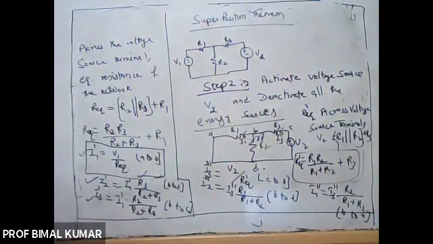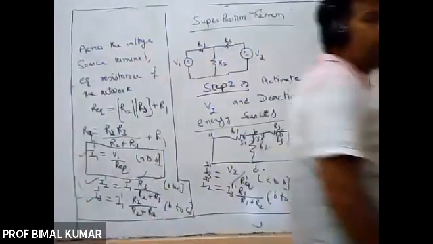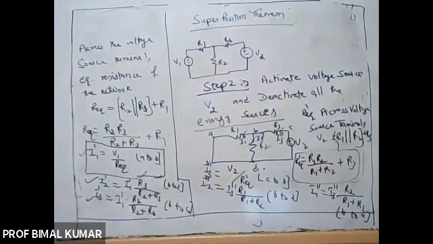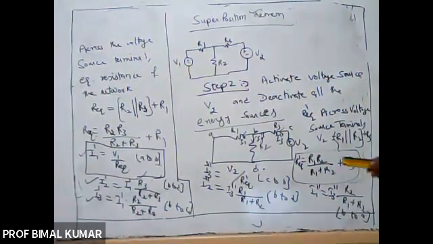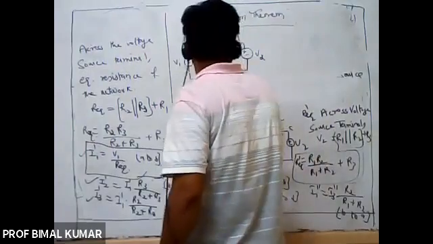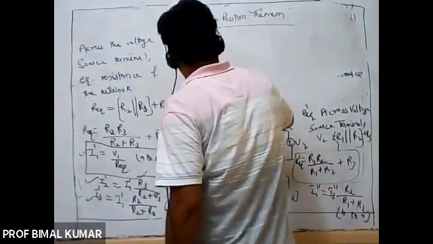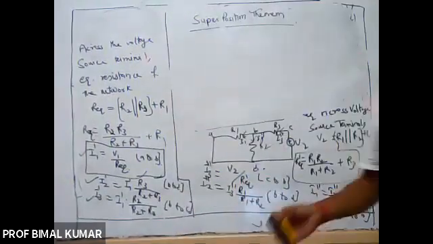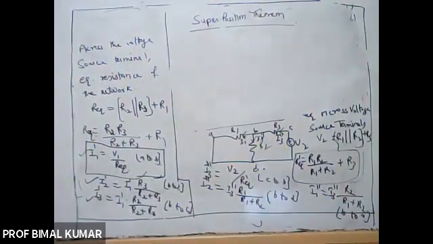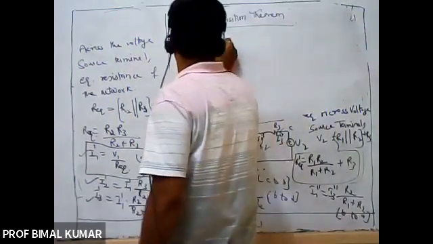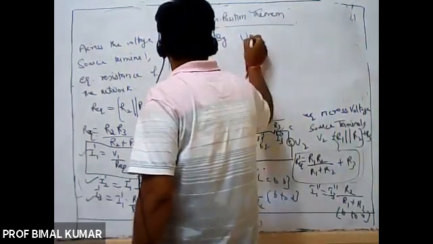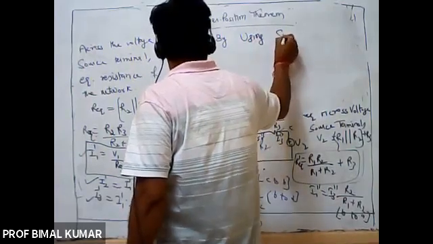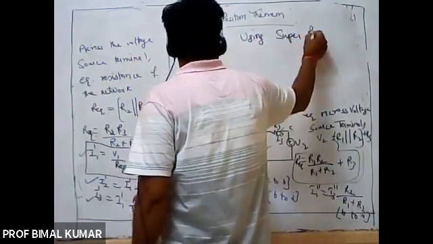We want to calculate the total current by using the superposition theorem. So here the total current is equal to, by using the superposition theorem,